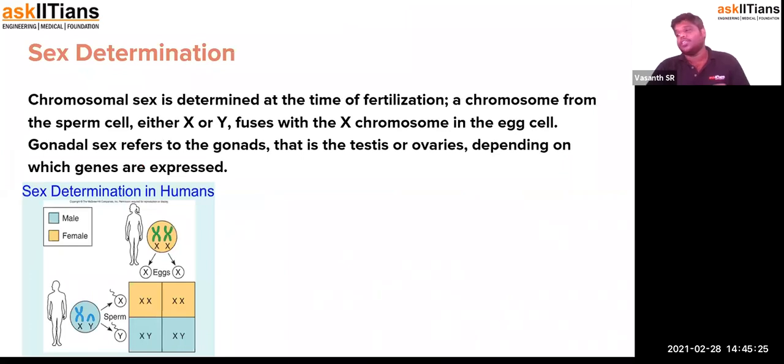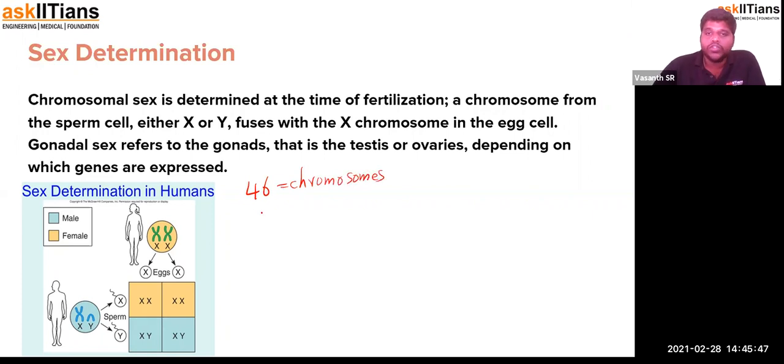So the next topic is sex determination. Determination of the sex, modification of the sex is done by the one whose contribution could be altered. So usually there are 46 chromosomes, right? In those 46 chromosomes,